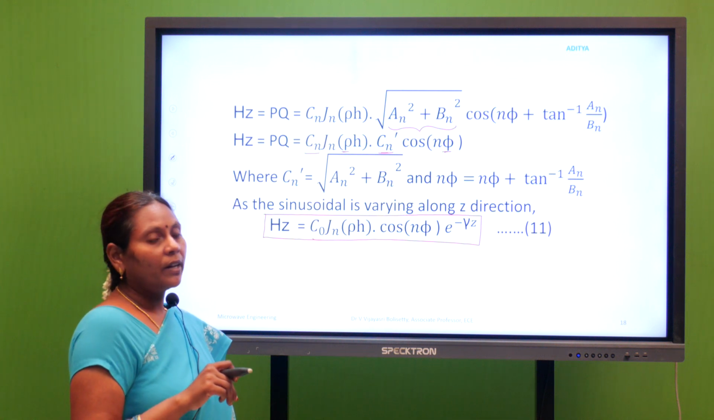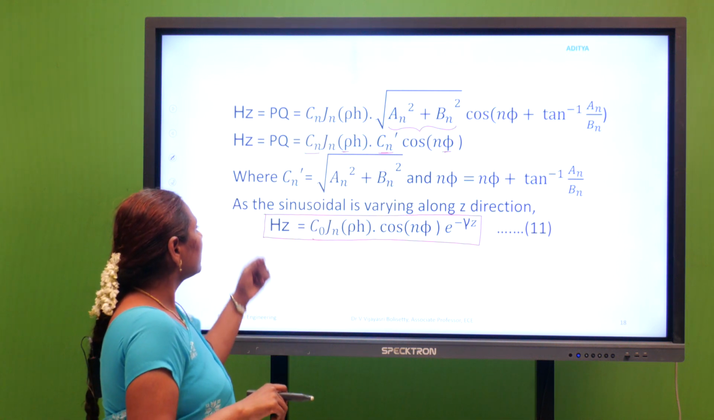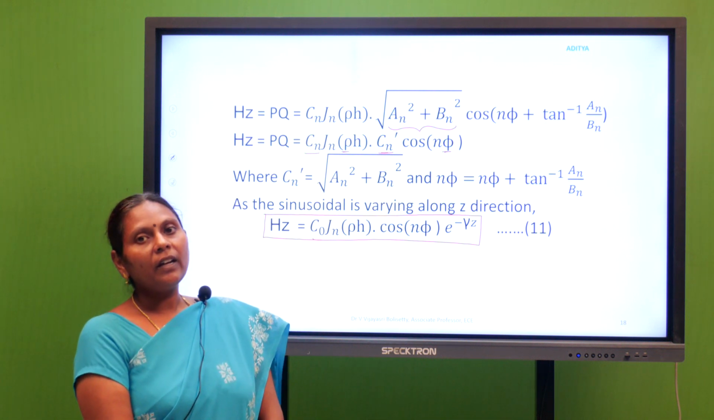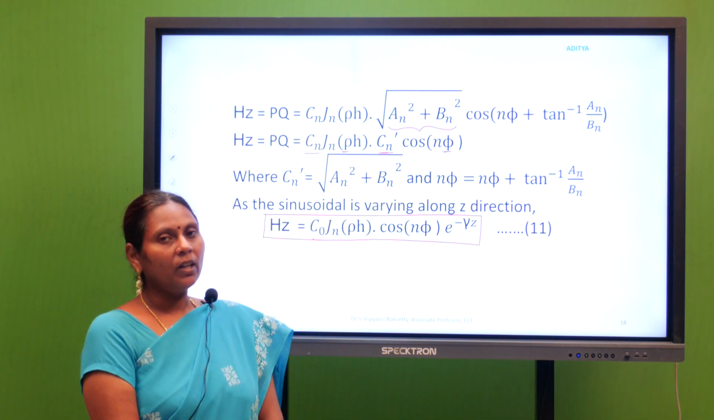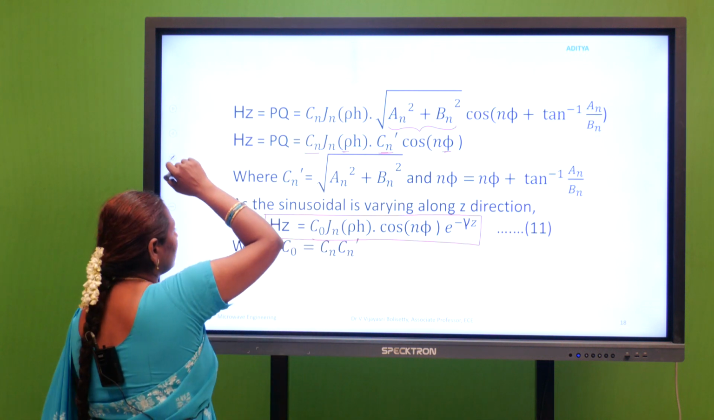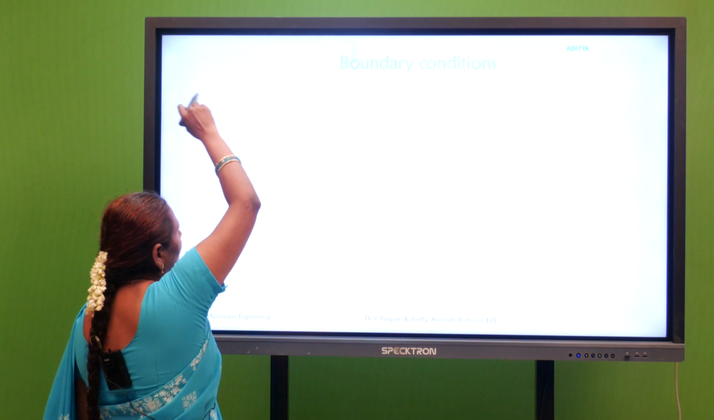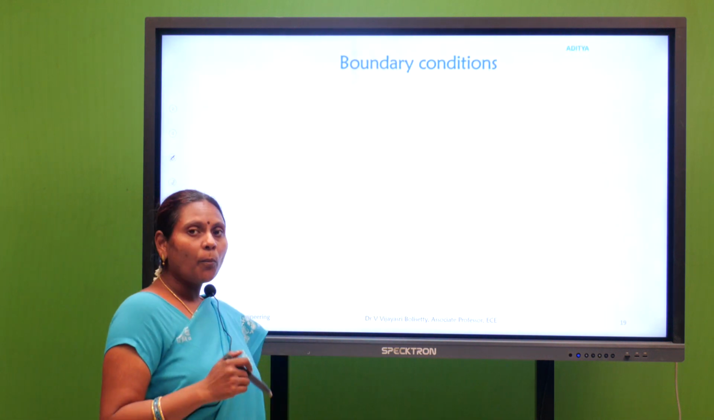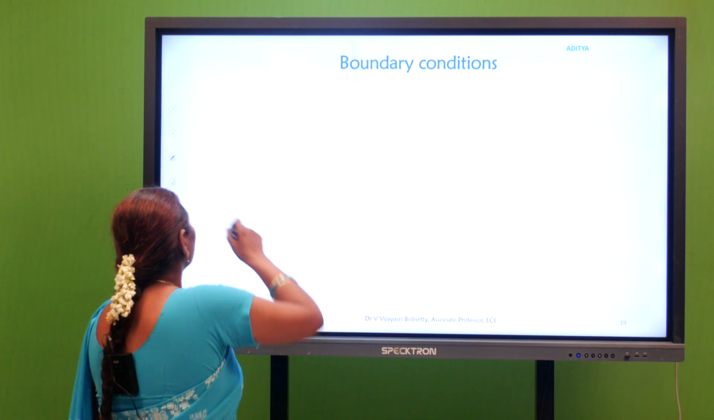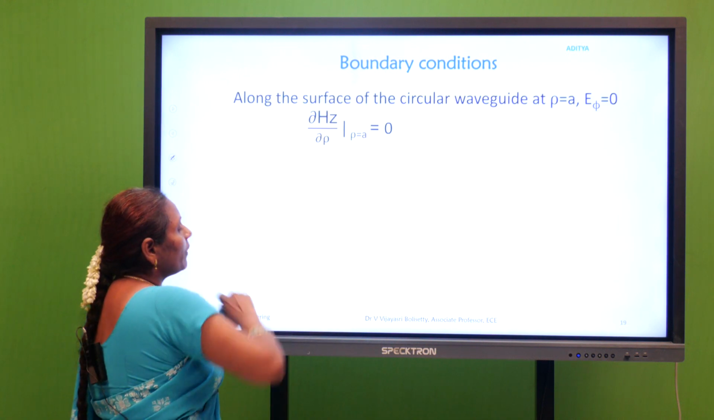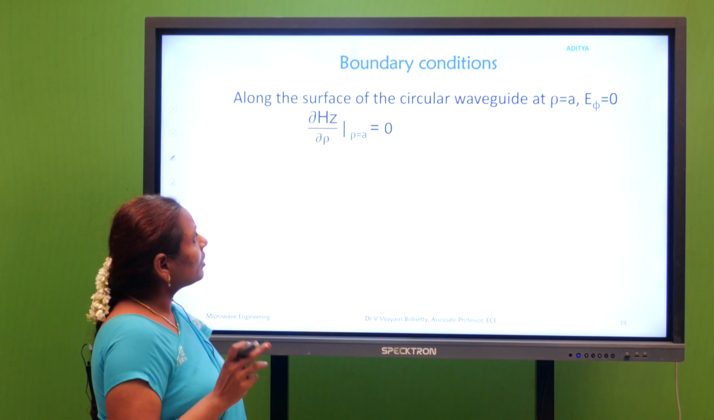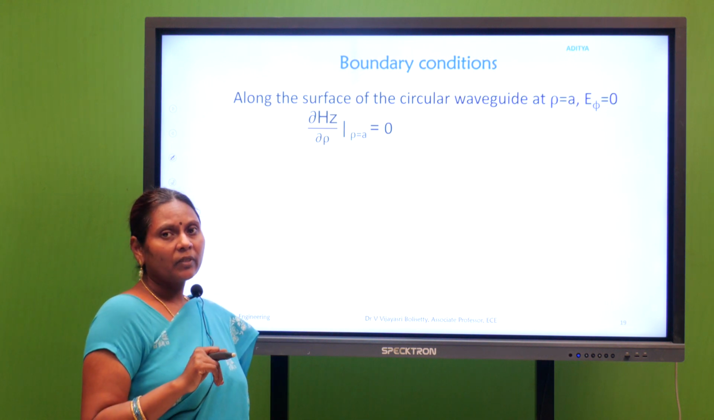circular waveguide. So now, using this Hz, we need to find out what are the field components that are propagating through the circular waveguide. So now let us apply the boundary conditions and find the various field components. So when we are applying the boundary conditions, that means along the surface of the circular waveguide at rho is